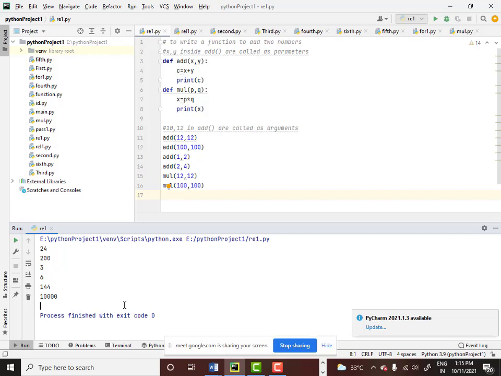Okay, practice these programs today. When we meet in the next class, we will have one more small section on functions. Then afterwards we'll see if we can start with object oriented programming.